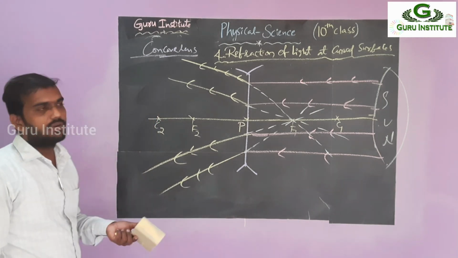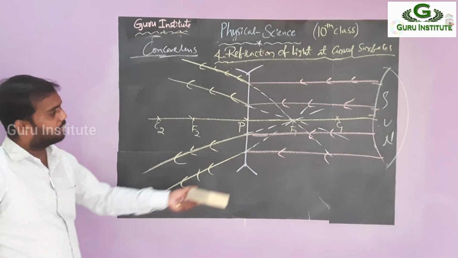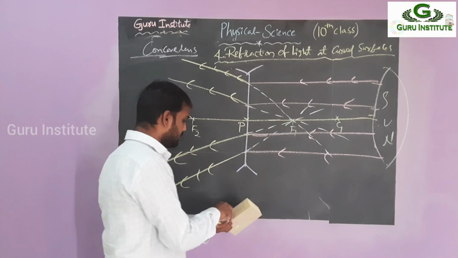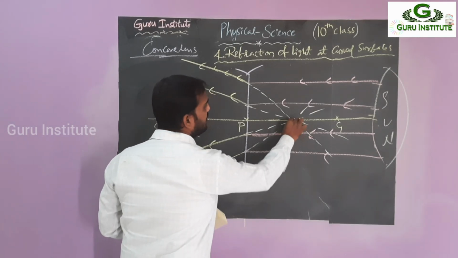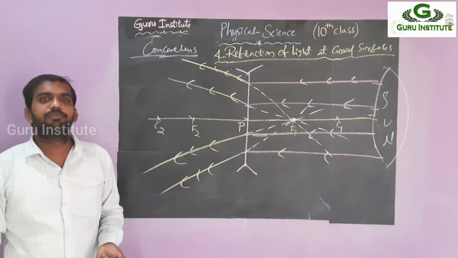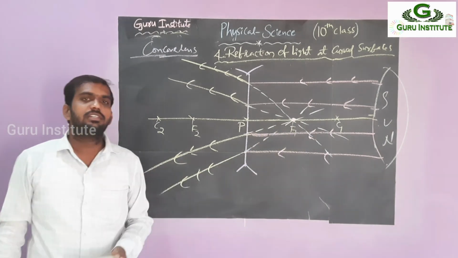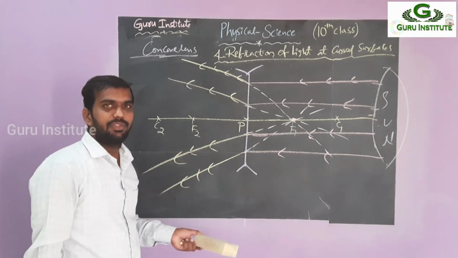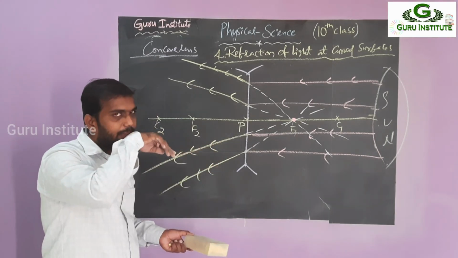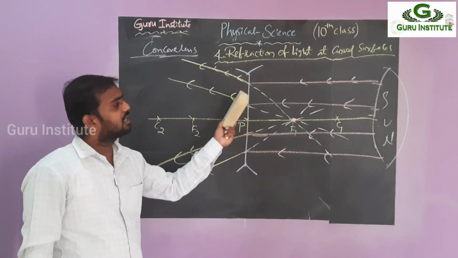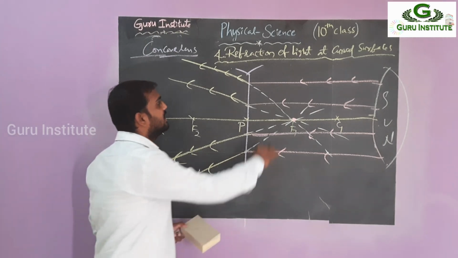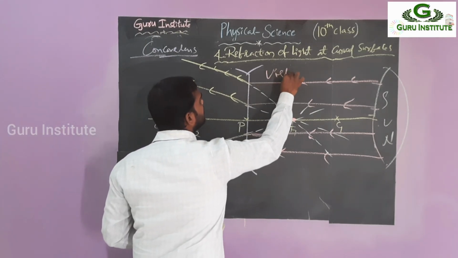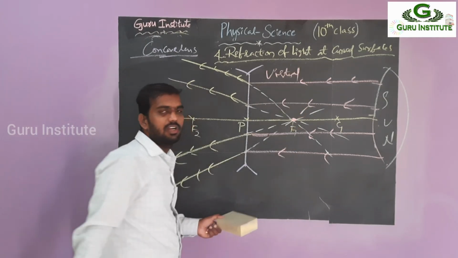Again the same. What is the nature of the image here? Again a point image. The point is formed only here, at the focus. Then how can you say whether it is inverted or erect? We can't say that. Maybe it is a point image. We can't see whether it is inverted or erect in a point size. But they meet indirectly, so that's why it is a virtual one. It is virtual, but exactly we can't say that.